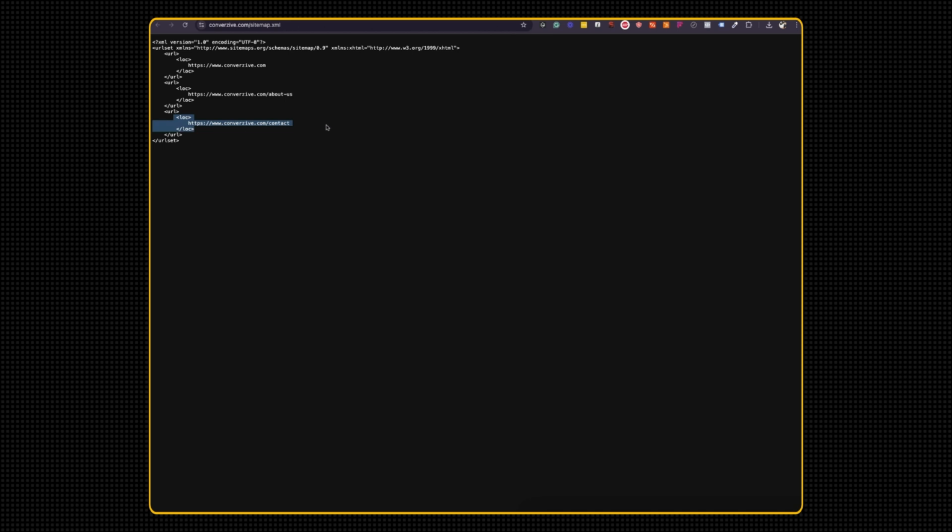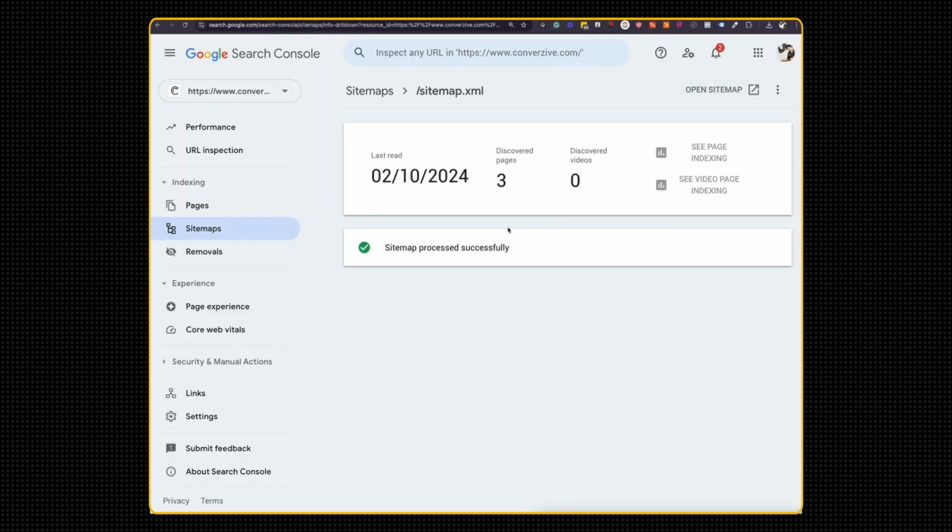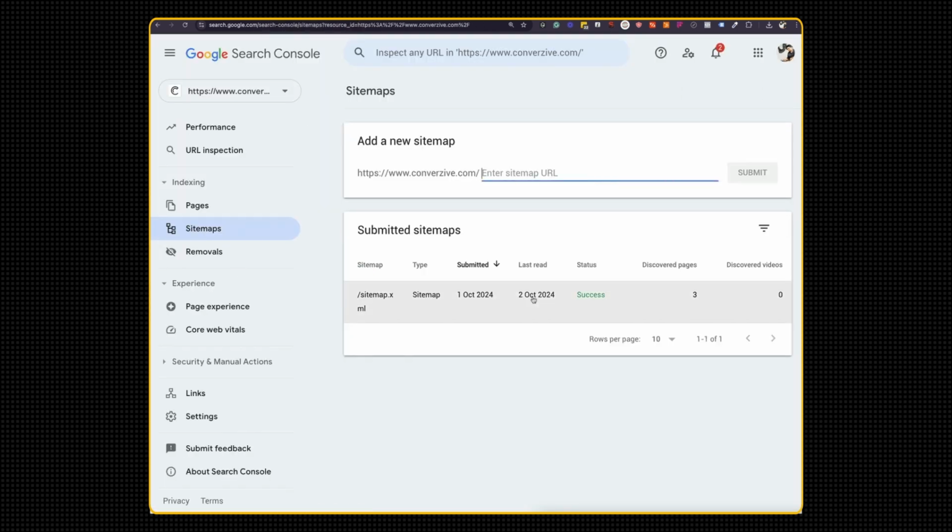So it tells crawlers like search engines or third-party readers, these are the pages we've got, and they can then go through one by one and crawl them, and that's how Google knows how many pages we have. Usually if you're using Webflow, it's automatically added here